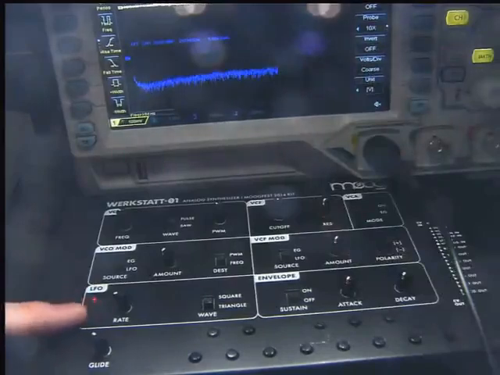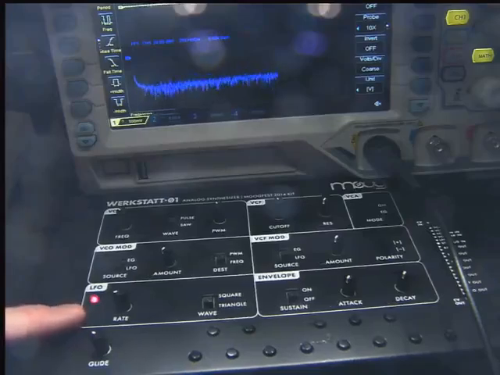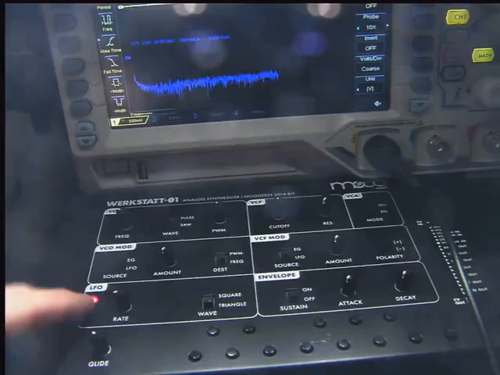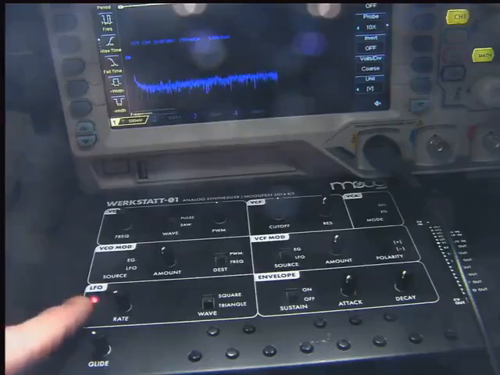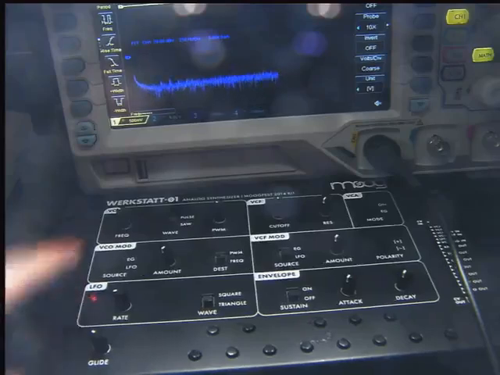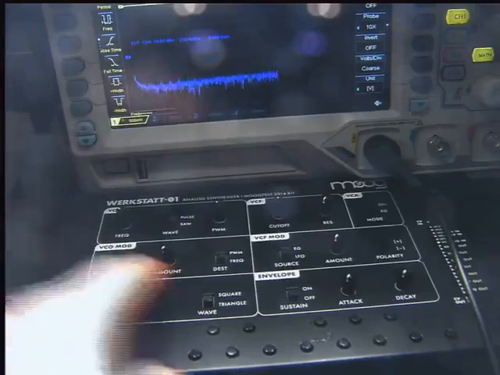So it might have been impossible to take your eyes off, but you can see there's this quietly pulsating LED in the corner here. It's really pleasant to look at, I think. But what that is doing is showing us the amplitude of the low-frequency oscillator. So when this LED is bright, that means high control voltage, and when it's dark, that means low control voltage.